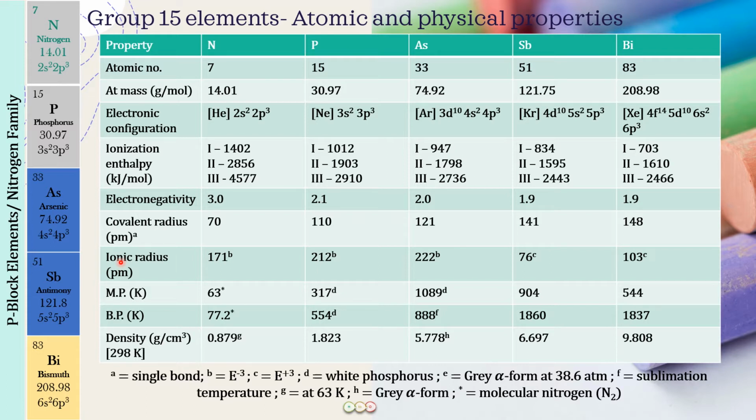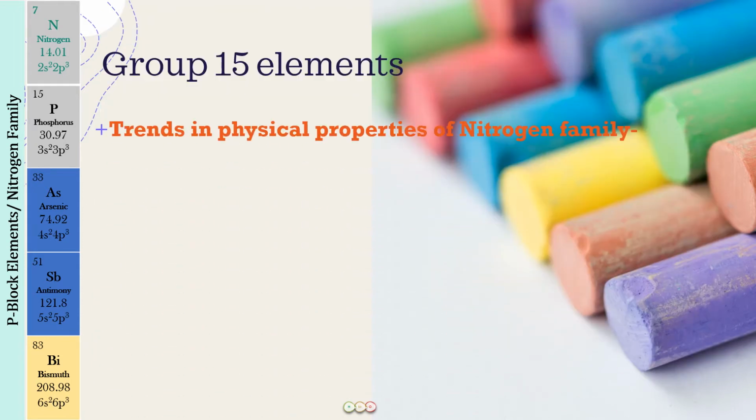Now today we will be talking about the physical properties. So we will be talking about the melting points, the boiling points, the density, and along with that certain more important points related to the physical properties. But please do remember that all these values which have been given, you are not supposed to mug them up. What is important is to look at these values and understand what is happening in the group. Whether the properties are increasing or decreasing, the trends are going to be important for us. So first of all, the trend in the physical properties of the nitrogen family that we will be discussing today